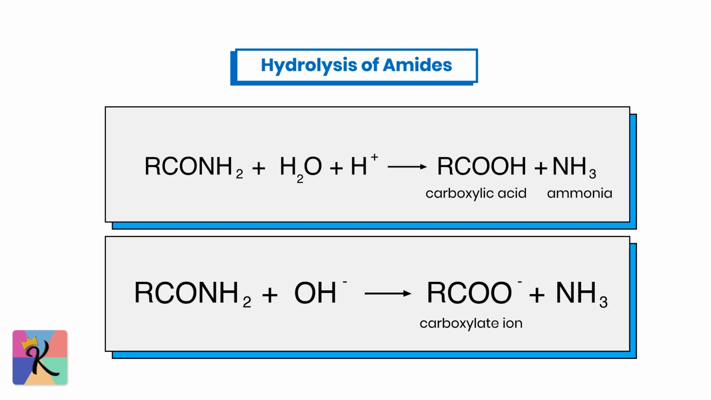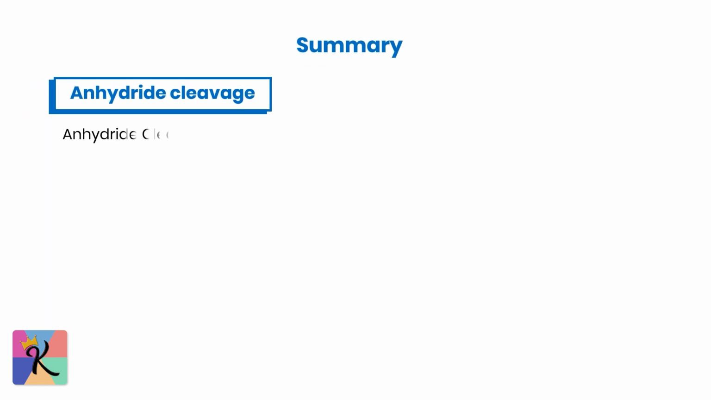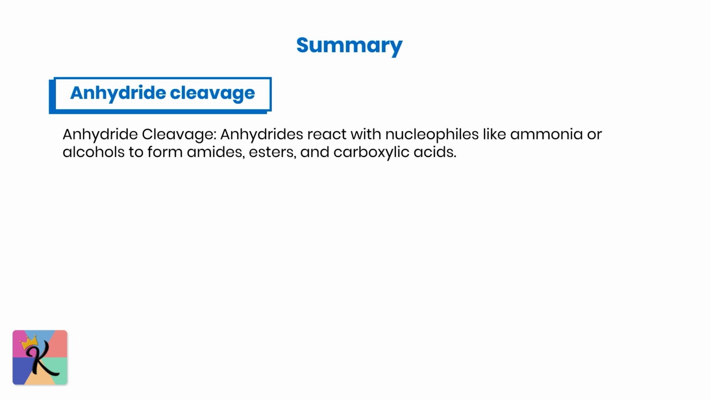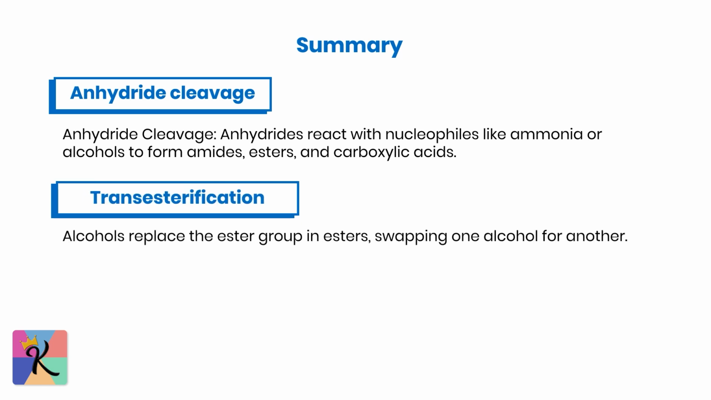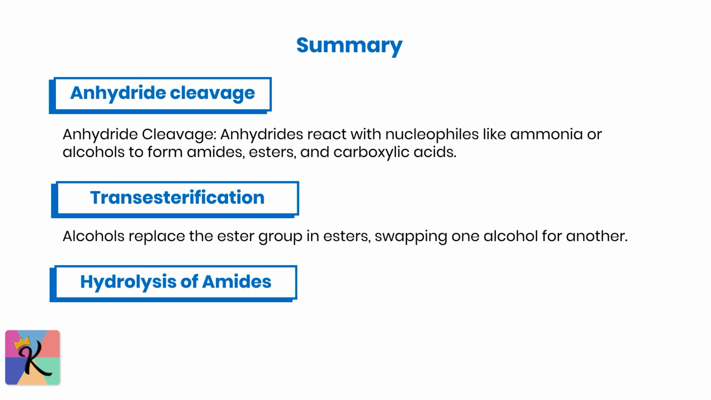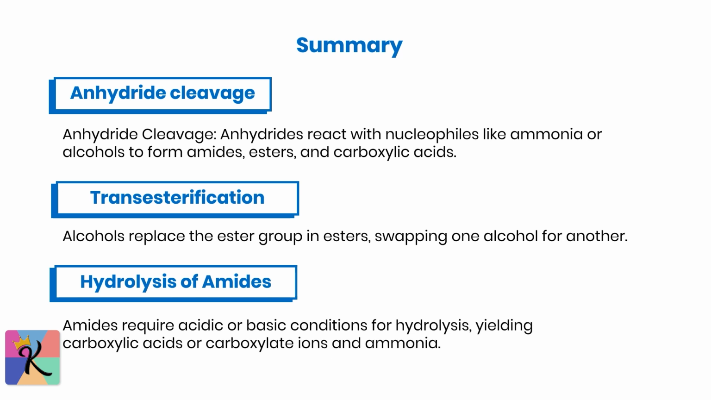Let's recap the key reactions. Anhydride cleavage. Anhydrides react with nucleophiles like ammonia or alcohols to form amides, esters, and carboxylic acids. Transesterification. Alcohols replace the ester group in esters, swapping one alcohol for another. Hydrolysis of amides. Amides require acidic or basic conditions for hydrolysis, yielding carboxylic acids or carboxylate ions and ammonia. Each of these reactions follows the general mechanism of nucleophilic acyl substitution, where a nucleophile attacks the carbonyl carbon, displacing